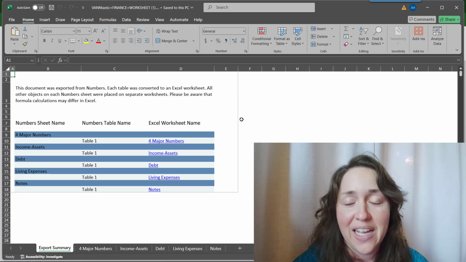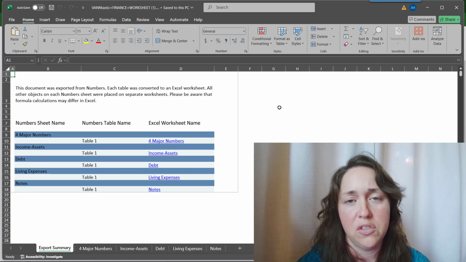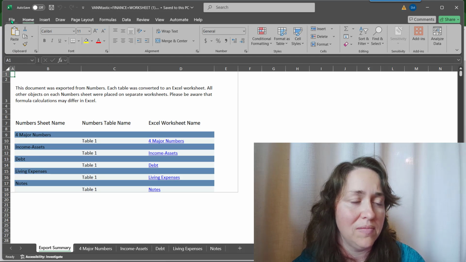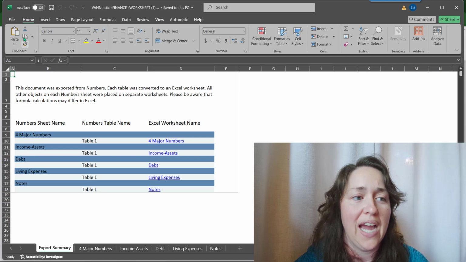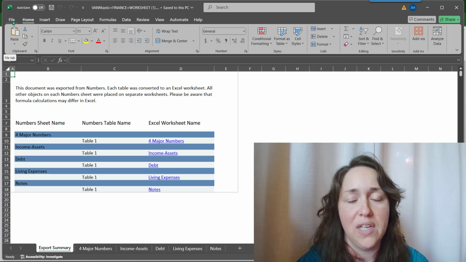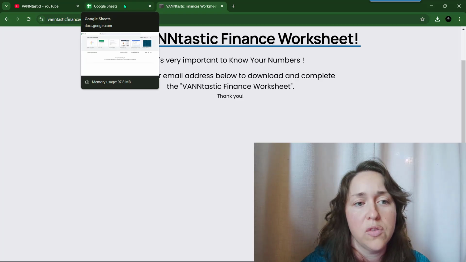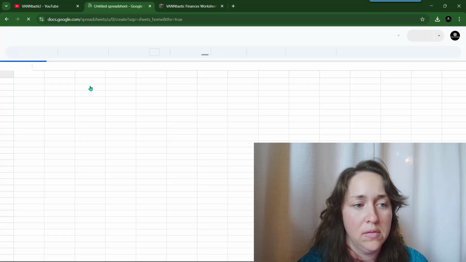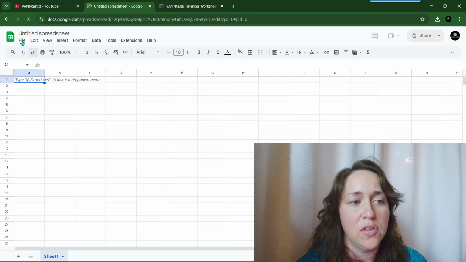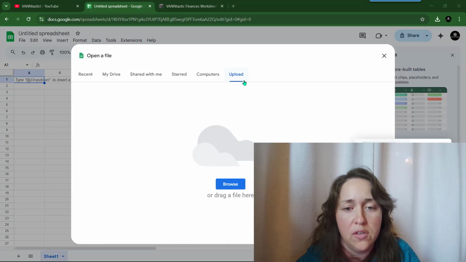However, I like to use the Google Sheets version. I'm just used to it and I love being able to access it wherever I may happen to be from my phone, because Google Sheets is in the magical online cloud, so you can access it anywhere you have internet access. So you just go over to your Google Sheets, okay, blank worksheet, and from here you can go to File, Open. You can go to any of these tabs where you have it saved. I'm going to do Upload